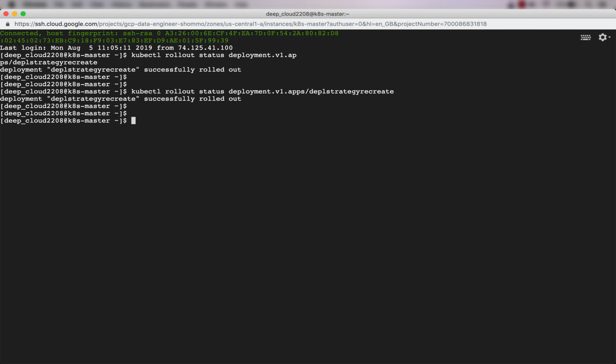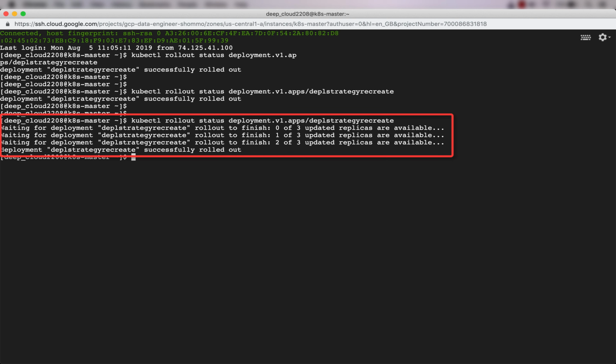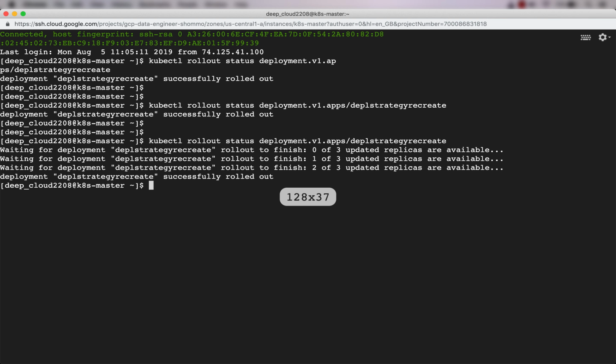I want to go to another screen just to show you the rollout option. It is showing you the rollout, and this is the command, kubectl rollout status deployment.v1.apps / the name of the deployment. What it is showing is that the rollout is finished. 0 of 3 replicas are available, 1 of 3 replicas are available, and 2 of 3 replicas are available.